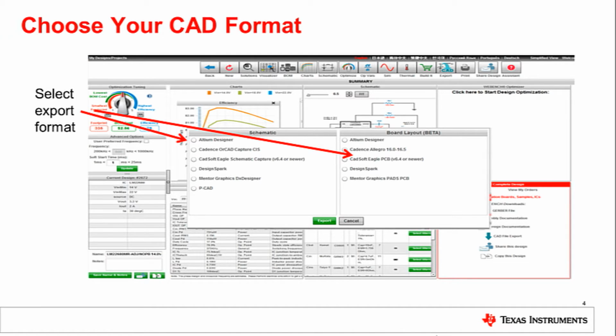I'd like to demonstrate WEBENCH PCB export using 2 new Synchronous devices from the Simple Switcher family. These devices make design reusability easy, as you can use the same PCB layout for all the parts in the family because of their pin and footprint compatibility. Let's get started. I'm going to switch over to the browser